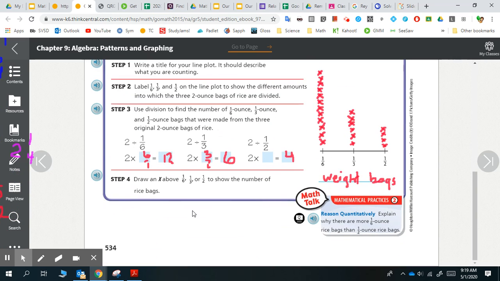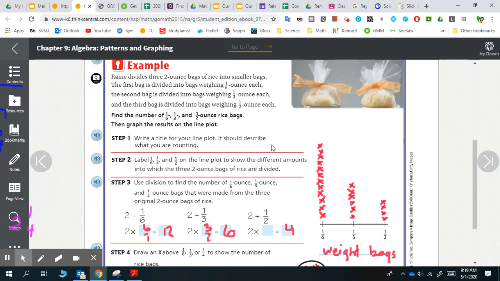Okay, so that is again just showing how we can use division with fractions and create something like a graphic of a line plot. All right, so you'll have an assignment on the next page, and I look forward to talking more about line plots